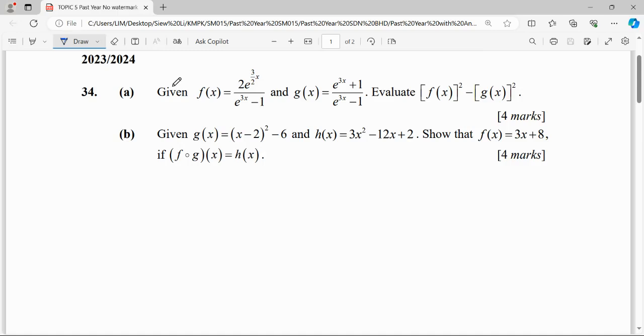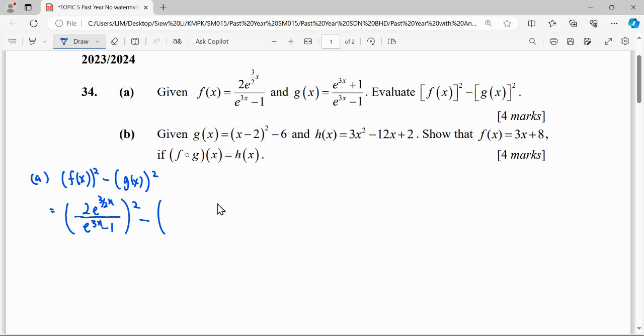For this question A, given function f(x), an exponential function, and function g(x), also an exponential function, evaluate f(x) squared minus g(x) squared. So we will be doing the function squared minus the g(x) squared. We substitute function f(x), 2e^(3/2 x) over e^(3x) minus 1, squared, then minus, substitute our function of g(x)